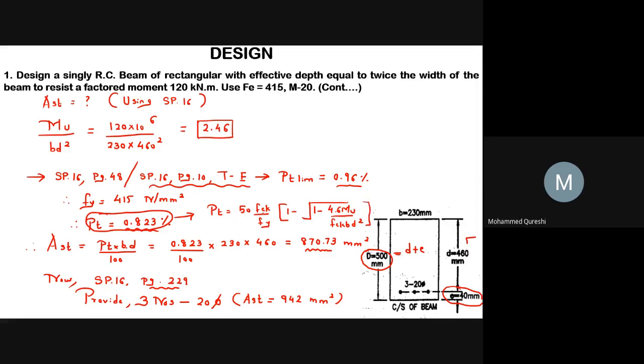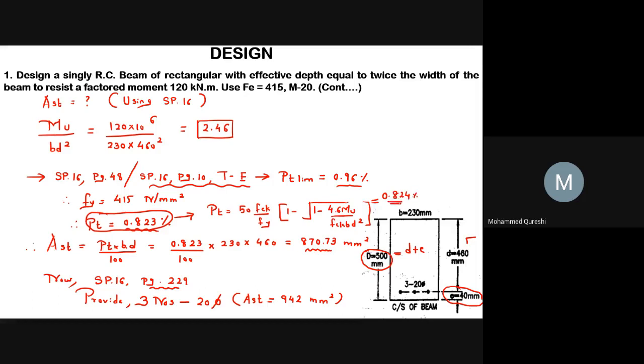So, after putting the value of FCK as 20, Fy as 415, Mu as 120 into 10 raised to 6, FCK 20, B 230, and D 460, you will get the value of PT as